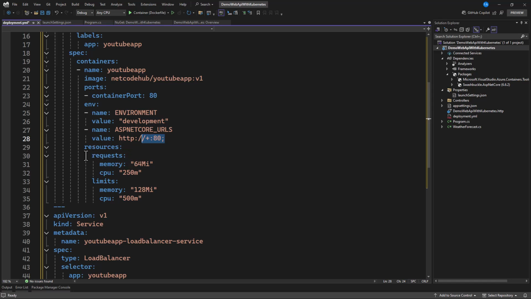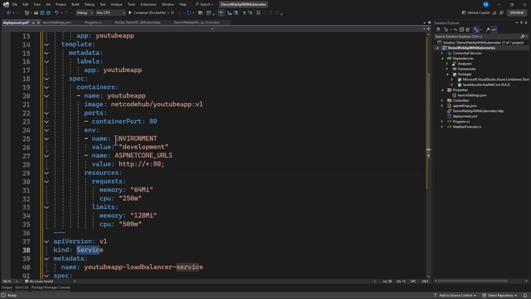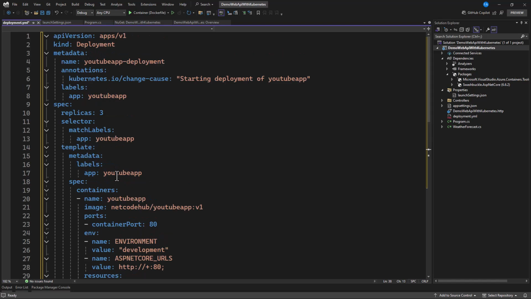When we come to resources, how do you want this to be processed? This is the hardware section. So you can see we have a memory and a CPU, and at the limit, we have a memory and a CPU. You have to specify it based on the capacity or the size that you have. All right, and in here, when we come to the service, it is also version 1, and the kind here is service. So you can see we have two kinds, deployment and service.